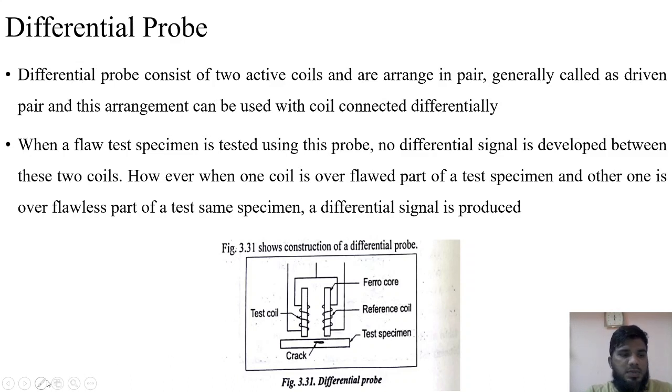Sorry, let me show you. Around this surface, because of this, there will be some amount of eddy current generated. Similarly, there will be some eddy current generated here. Since we know that this is a reference, we will have some rough value of what amount of value we are going to get in this direction. But because of the presence of the crack here, this test coil will give some value other than the reference value.